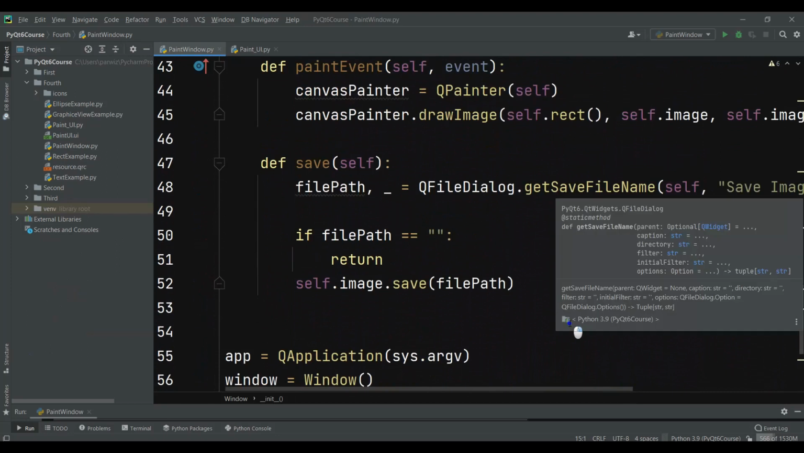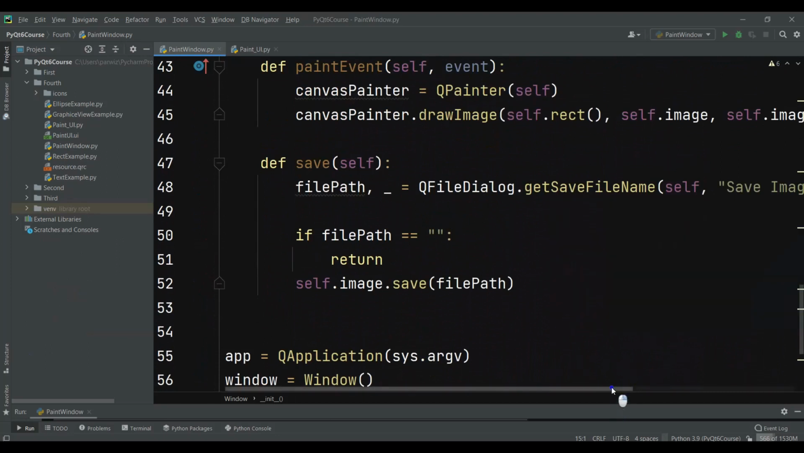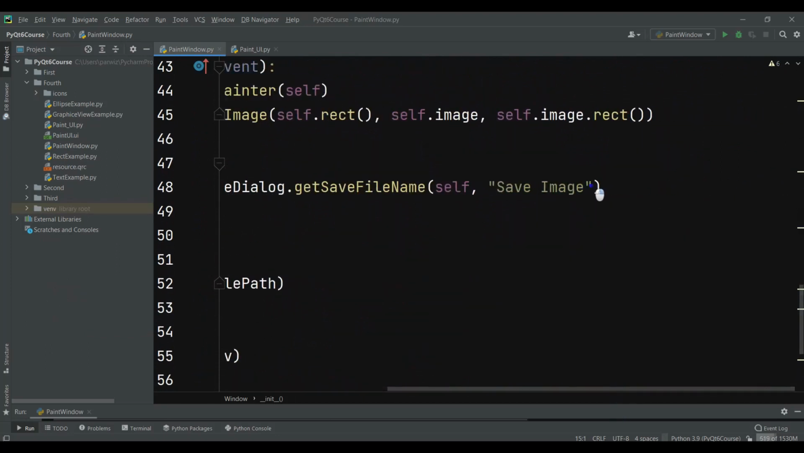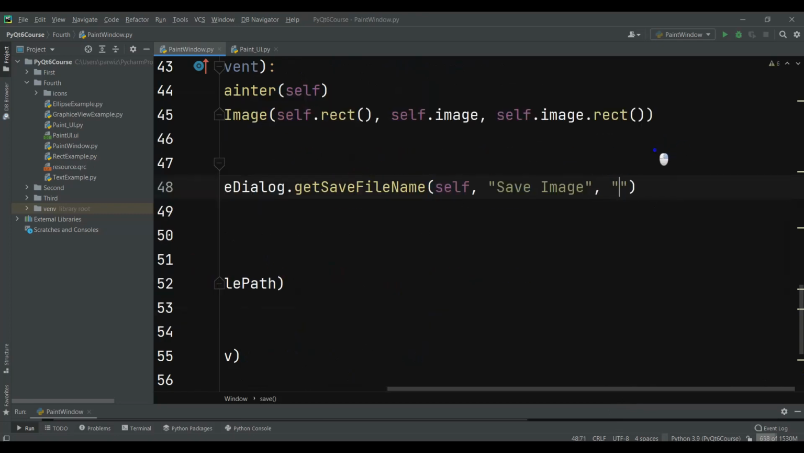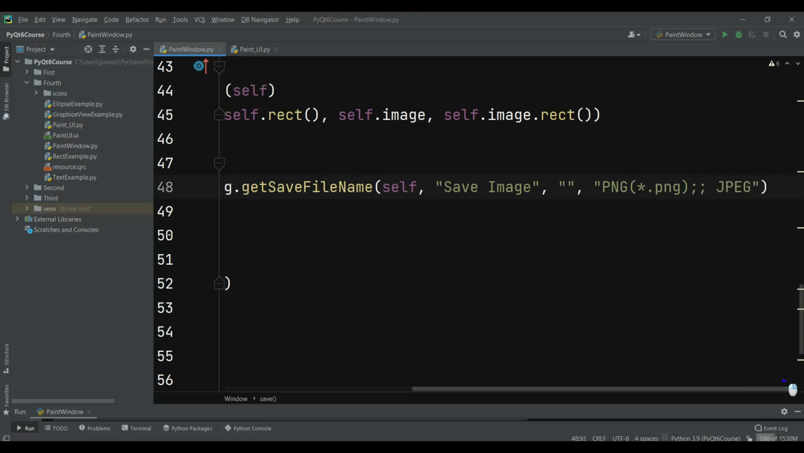So file path queue file dialog dot get save file name. Let me also give the PNG types in here. So first I can just give it empty, and after that I can just say PNG and dot PNG, and also JPG. I can just say dot JPG,